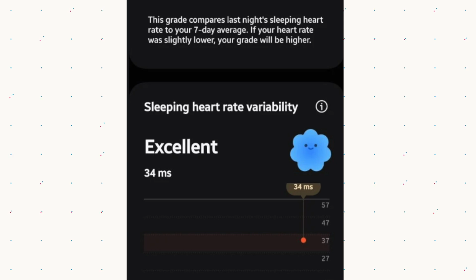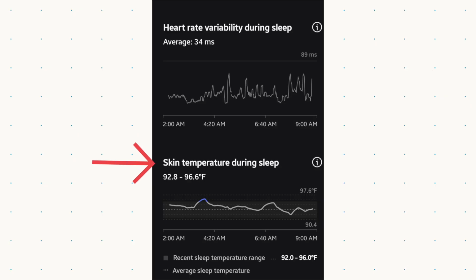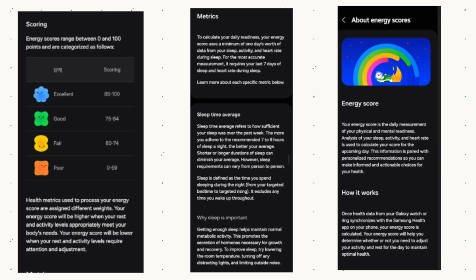One of my favorite charts ever. And here you can break this down by time. You can see the little chart where it was high and where it was low. Maybe you had a bad dream. Maybe you just got up to go to the toilet, whatever happened, but you can trace the night before. You guys probably know this. You can also measure your skin temperature with your Galaxy Watch, and that is also included. You also have a whole section that explains the energy score, how it is calculated, what metrics are being calculated,